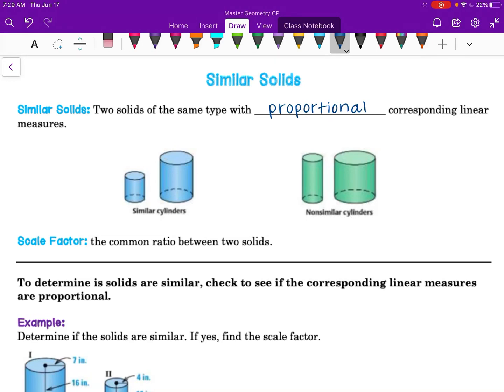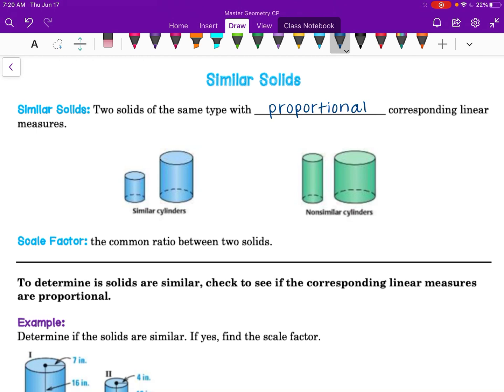Today we're going to talk about similar solids. Similar solids are very much like the similar polygons that we talked about earlier in the year. So similar solids are two solids of the same type, so a prism, pyramid, cylinder, cone, that have proportional corresponding